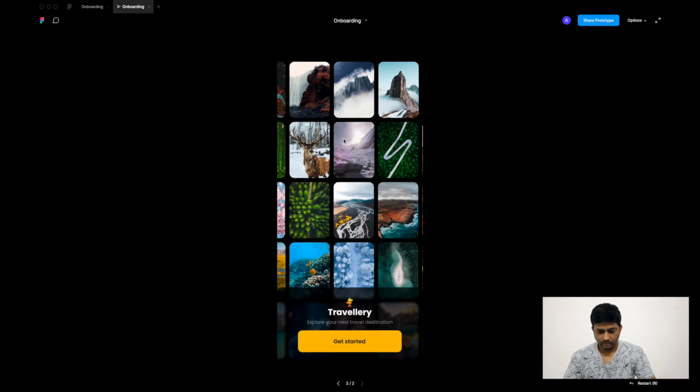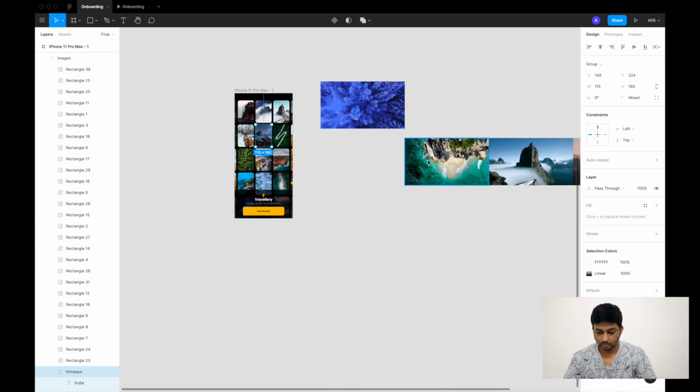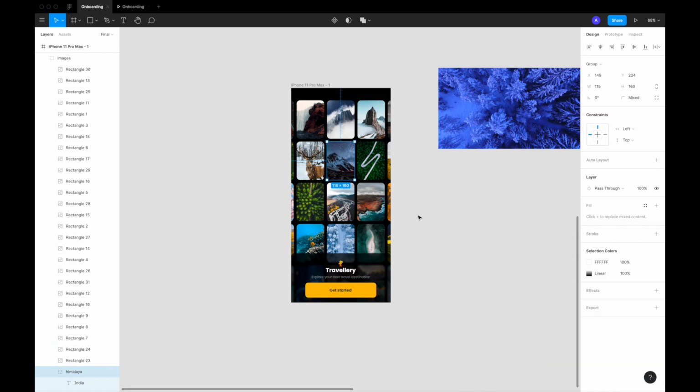Let me see how it looks like. So this is how it looks like. Looks perfect. Now what I want to do is I also want to place strategically all these other GIFs on other parts of this entire app. So let me just quickly do that, the same process here again.